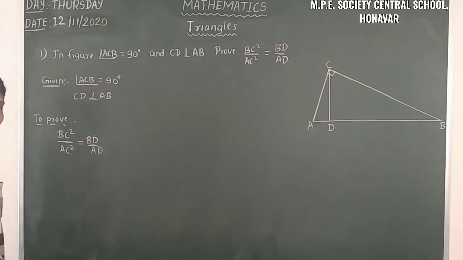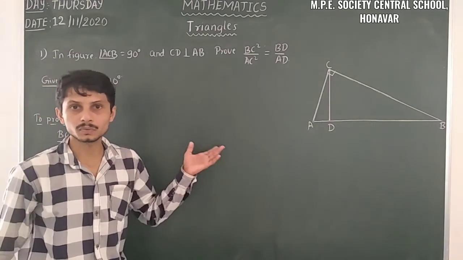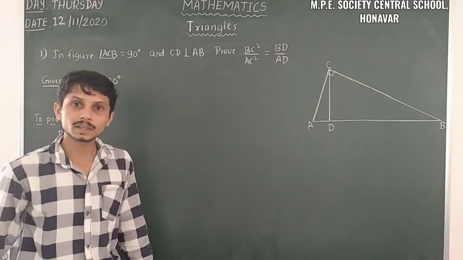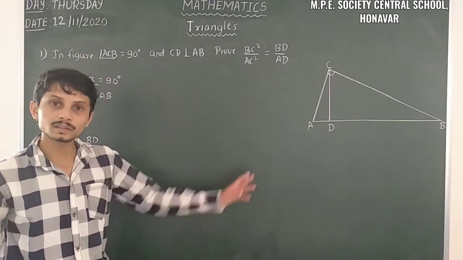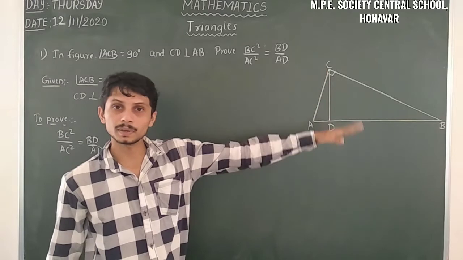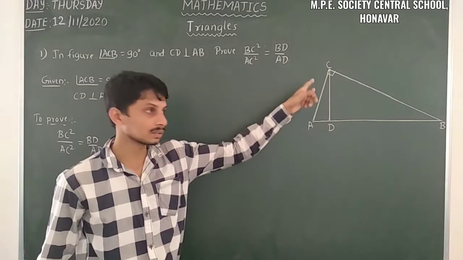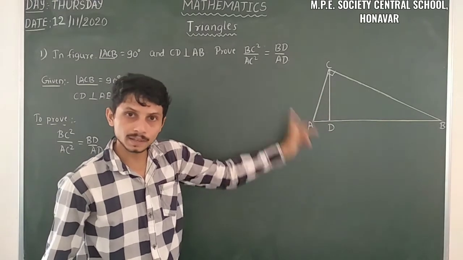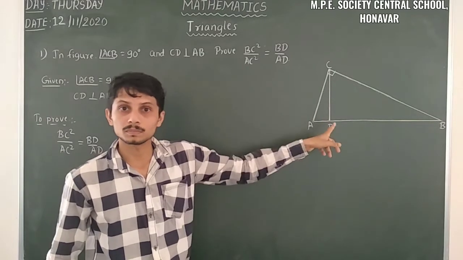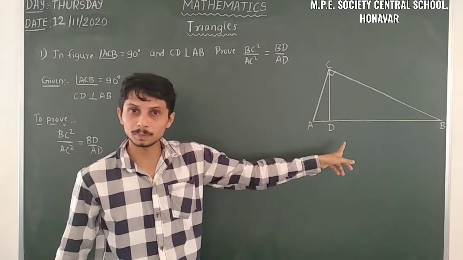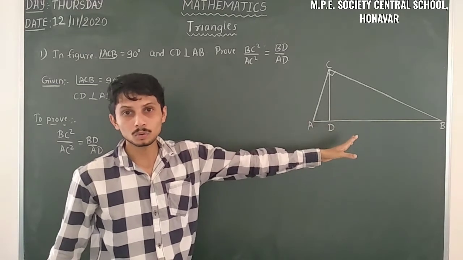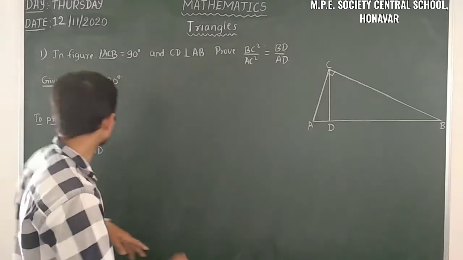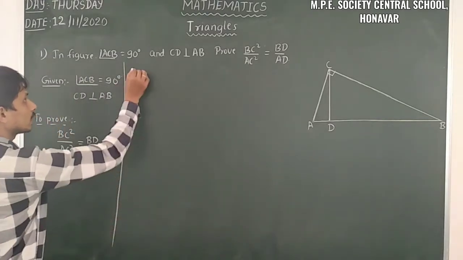Yes. So likewise we proved the Pythagoras theorem, likewise we have to prove this also. Firstly, we have to take this triangle and the complete triangle. Those two are similar, because if a perpendicular is drawn from the vertex of the right angle of a right triangle, then the triangles formed on both sides of the perpendicular are similar to the whole triangle and to each other. So we have to use those things. Let us take the proof here.